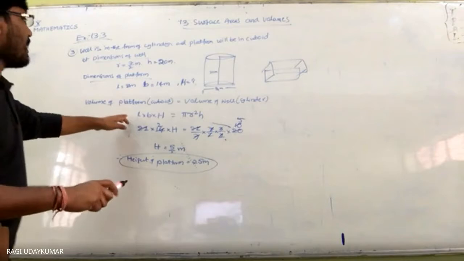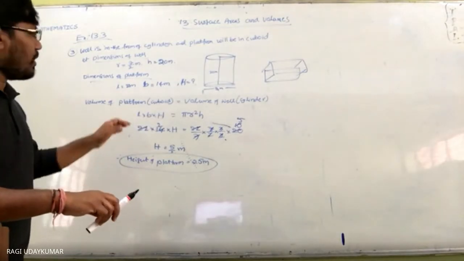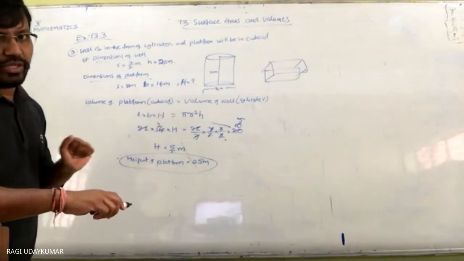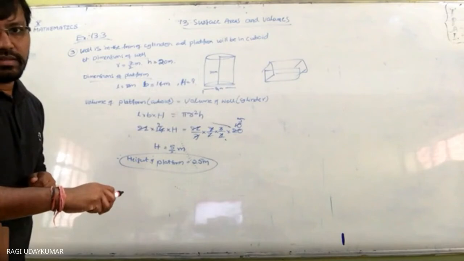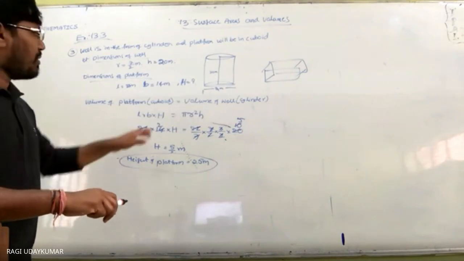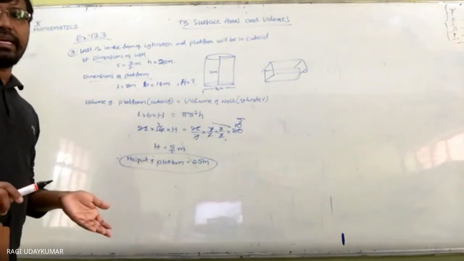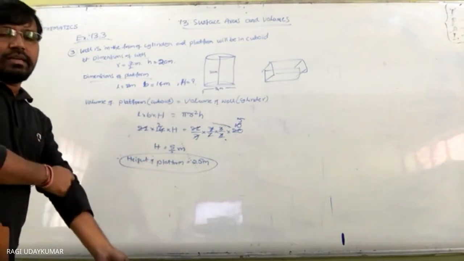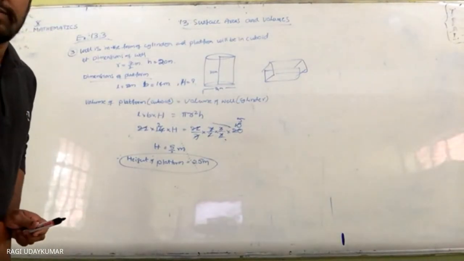See here, what is the given platform value? You joined just now in the middle of the class. That's why you are getting confused. L into B into H, value of the cuboid will be equal to value of the well. Value of the cuboid is equal to well. I'll explain to you later here. Evening में separately explain करूँगा. Next, let us go to the next question. Fourth question.